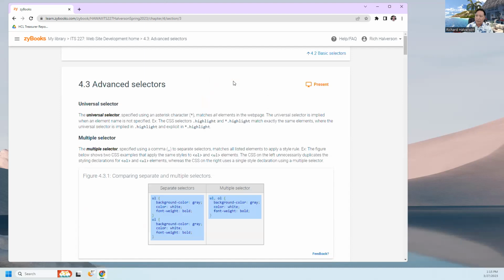What's next? Advanced selectors. Okay, there's a universal selector, which is an asterisk or a nothing. You don't put anything. There's a universal selector, which would select everything. It's always implied when it's not specified. So when you see something like this, it's really because the universal selector is implied. So it's like every